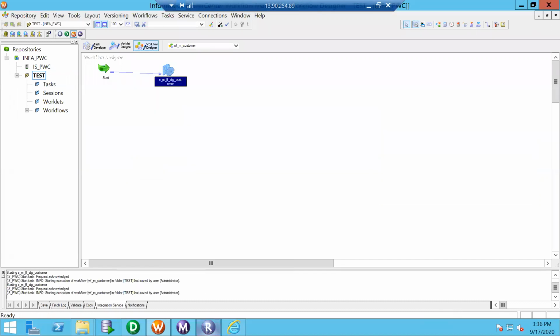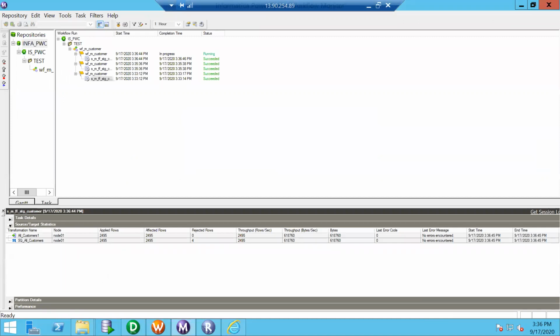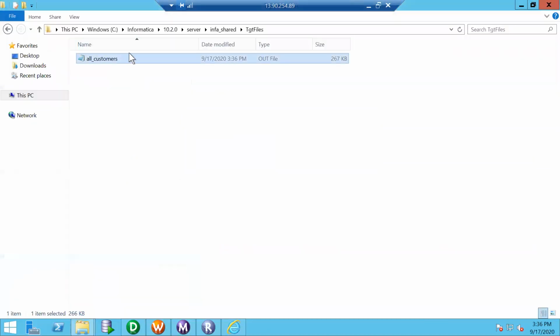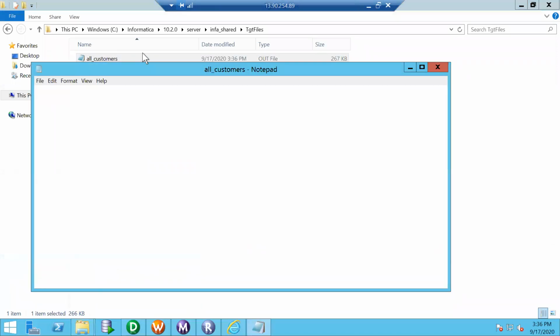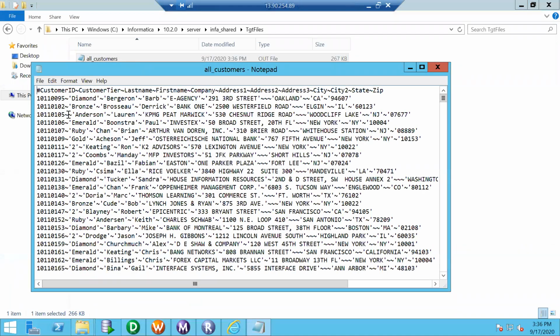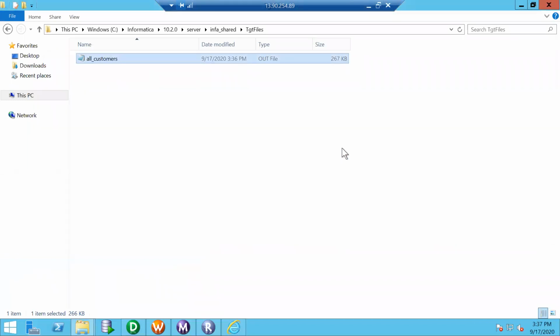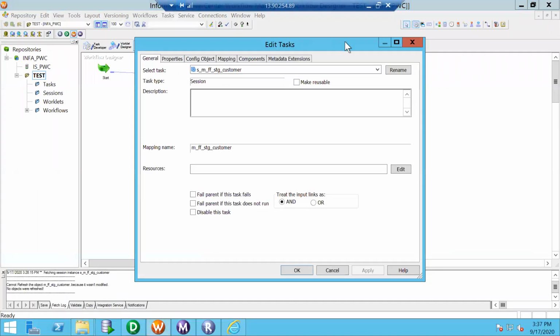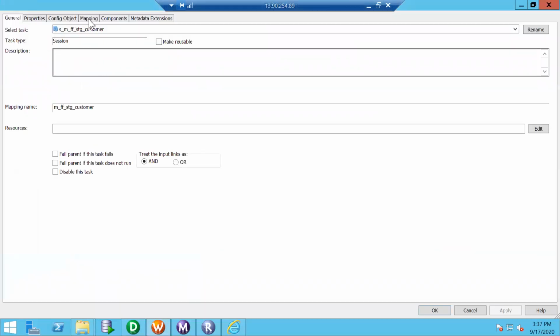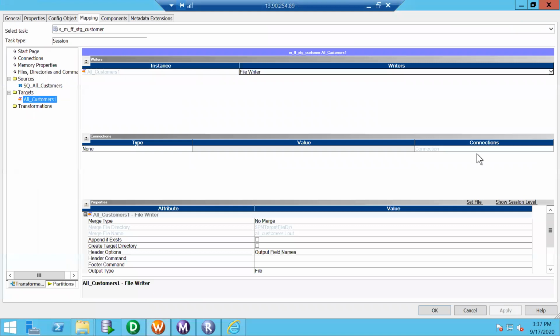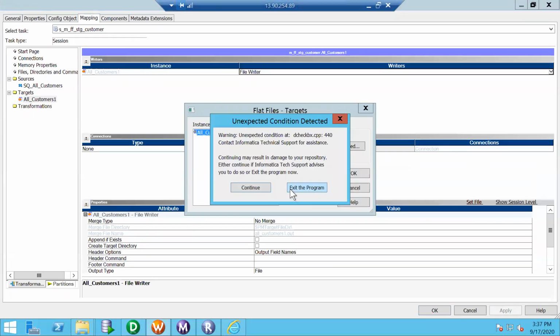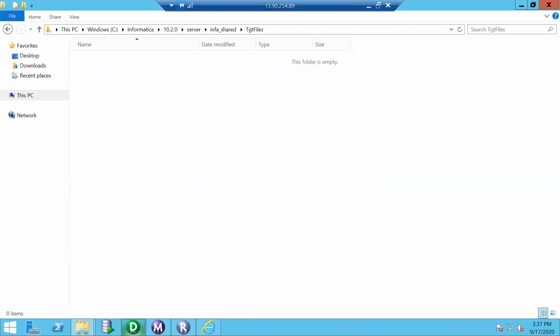Now it should, there we go. We have the data separated by tilde, and we have the column values in single quotes. If I am not interested in single quotes, just go to session, click on target, because we are interested in only target, not the source. I'll click on the target, click on set file. Oh, my bad, I have exited.